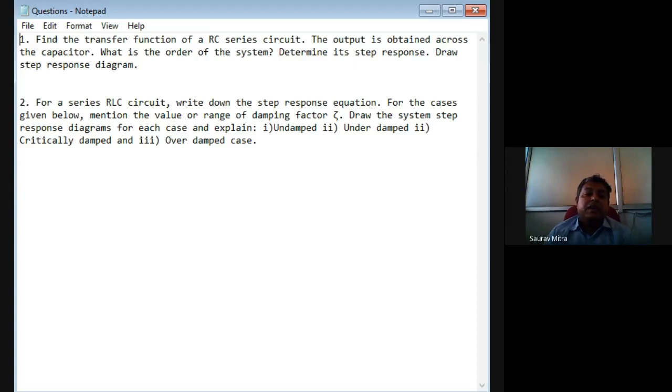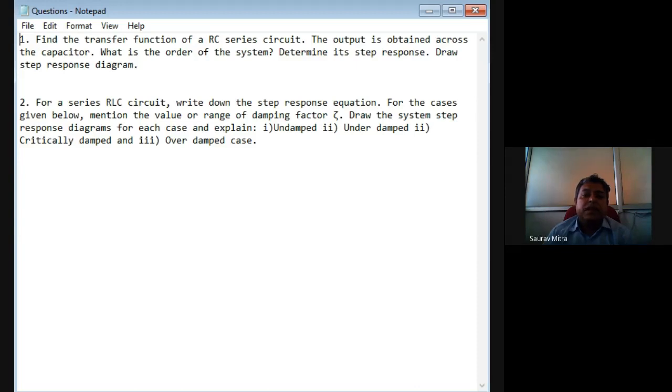For the second order circuit, what we are supposed to do is first find the step response equation. To find the step response equation, first you have to find the transfer function C(s)/R(s). There, as R(s) you have to substitute 1/s, because the step input is given by u(t), the unit step input, and the Laplace transform for that is 1/s. Then you get the C(s) equation, take the inverse Laplace of C(s), and you get c(t).